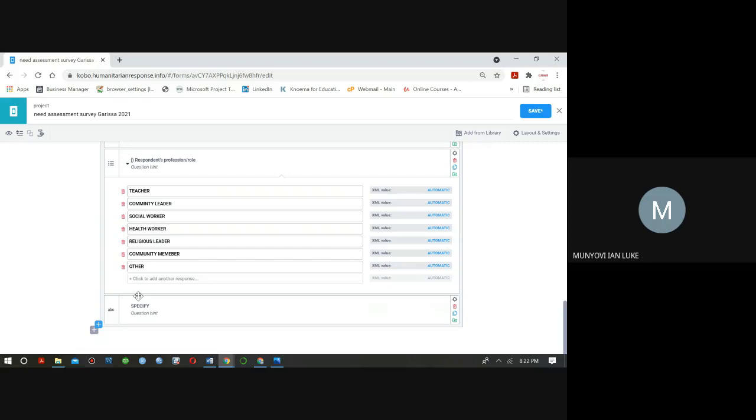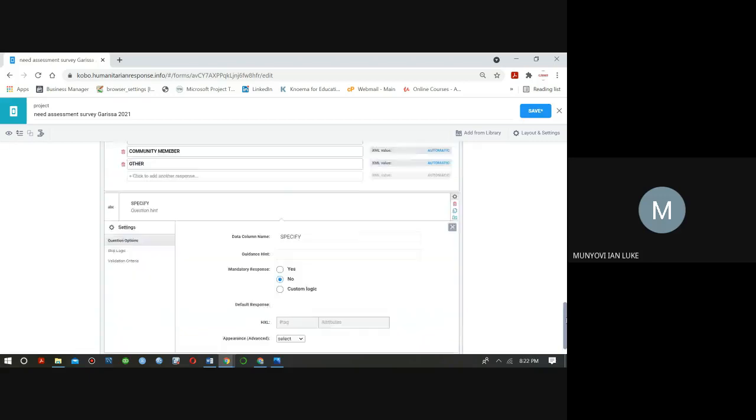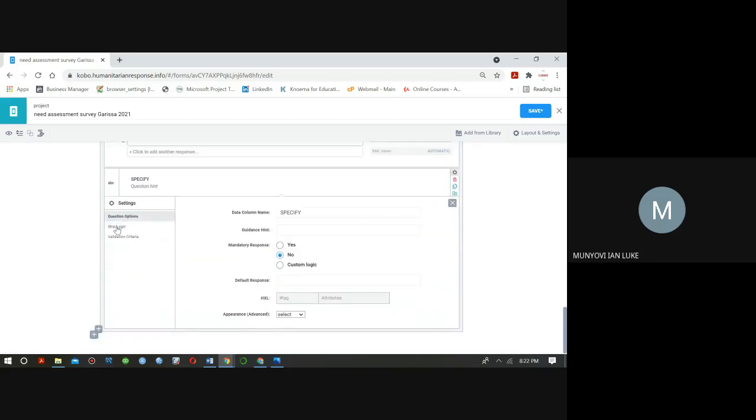Now, how do you put the option of skip logic? With skip logic, you will come here to the option of settings. Once you click on settings, go to the option of skip logic. Settings, skip logic.